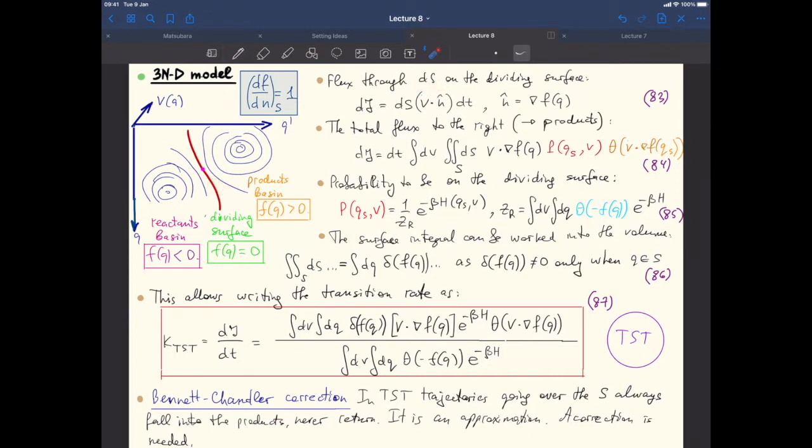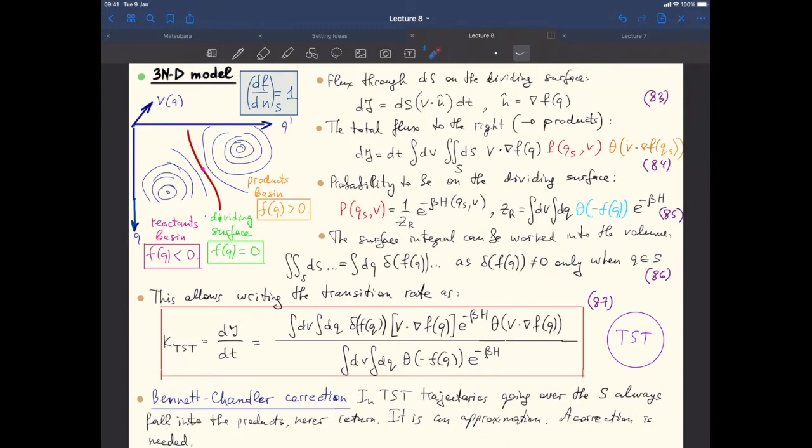Then the flux through that surface area over the time delta t will be given by that expression. Here n is the normal to the surface directed that way from the reactants to the products basin, and it can be written as the gradient of this function f of q. V here is the multidimensional vector of velocities of all particles. So here we have a dot product of these two vectors. So the total flux to the right, so from the reactant basin into the product basin, will be given by